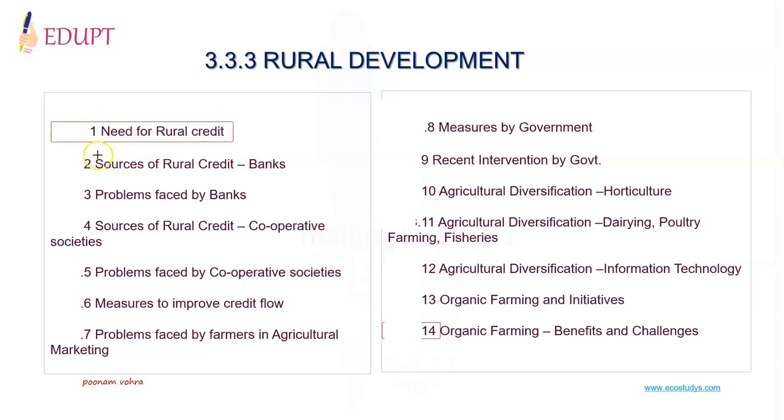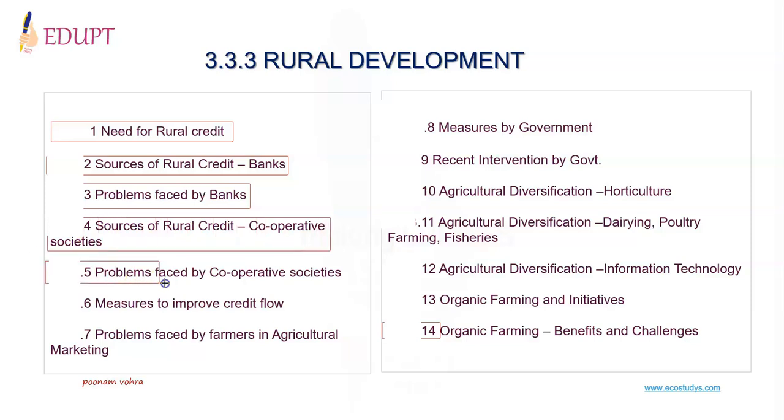Second is sources of rural credit. One such source is through banks. Problems faced by the banks. Then another source is cooperative societies, then problems faced by cooperative societies, then measures taken to improve credit